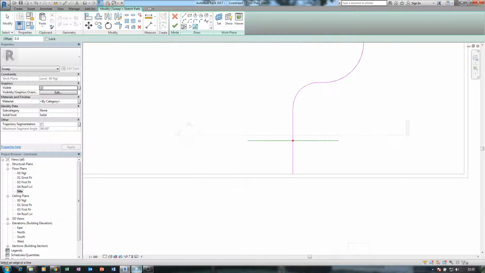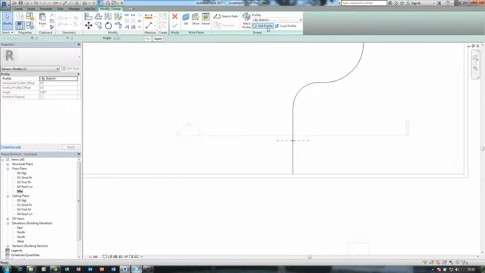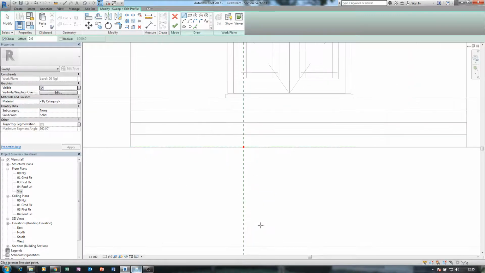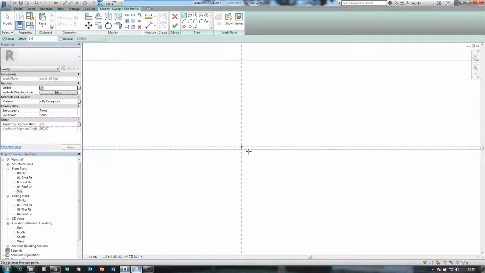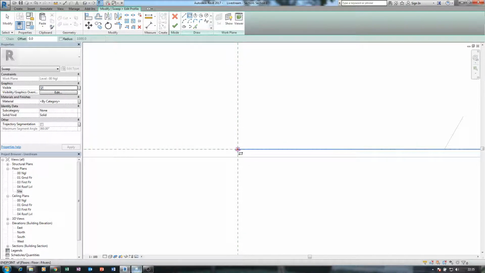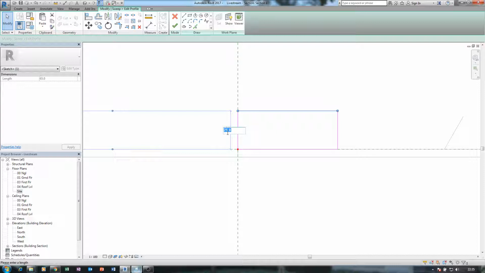So that's just it. Select edit profile. You can see section 1, and you are the one that knows what shape your curb is going to take. I'm just going to create something like this. So the height is like 150 mm.